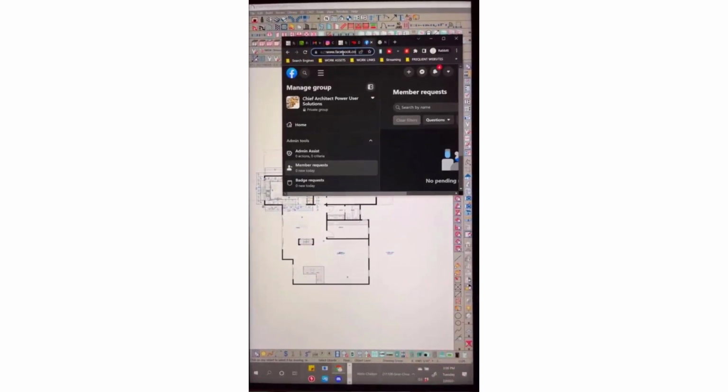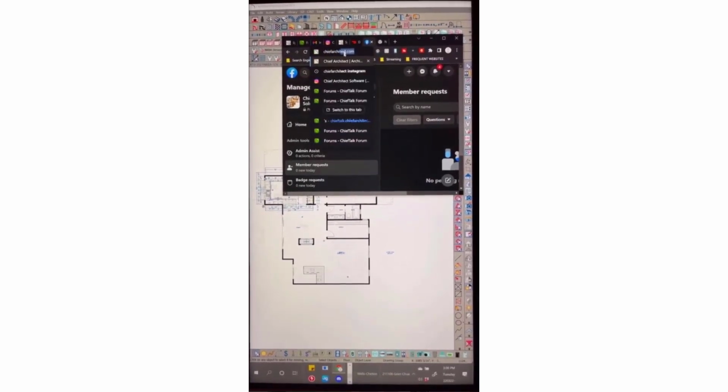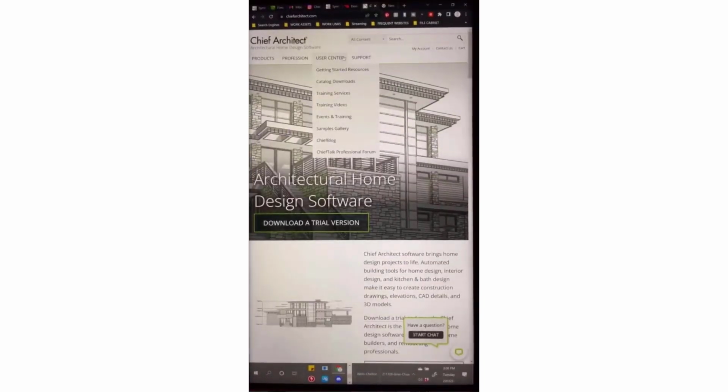Okay, if you're joining me live, today we're going to do something that was a popular request, which is make a particular type of graphic overlay for plan views. And so what I did was I went to chiefarchitect.com and I picked up the, I believe it was Beachy,